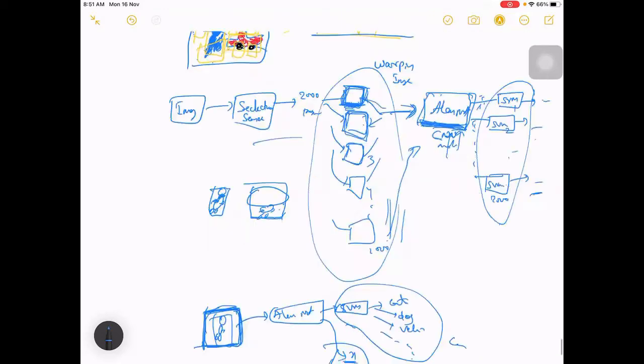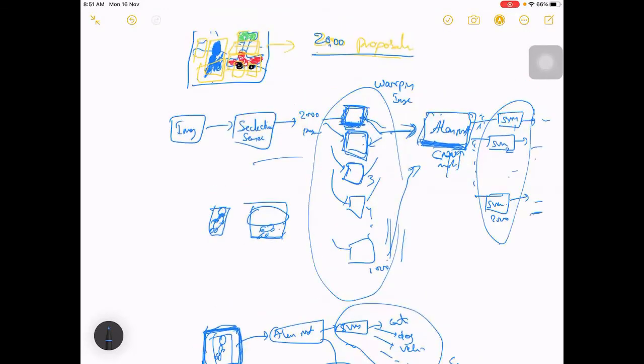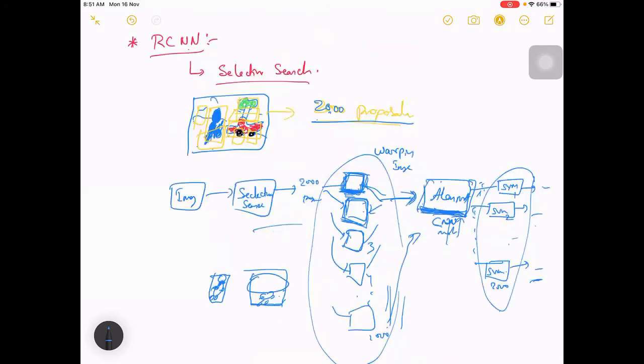So here you are extracting features for one image 2000 times, for 2000 parts, but there may be some common portion between them. If you take this bounding box and this bounding box, they may have a common portion for which you are repeatedly calculating the features.